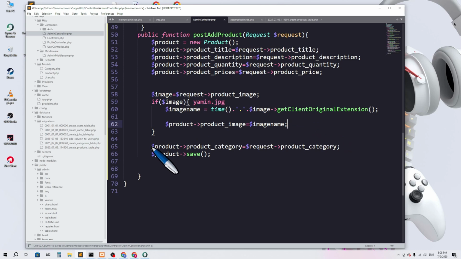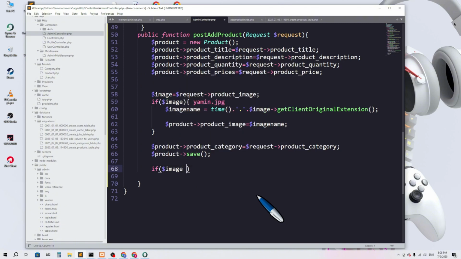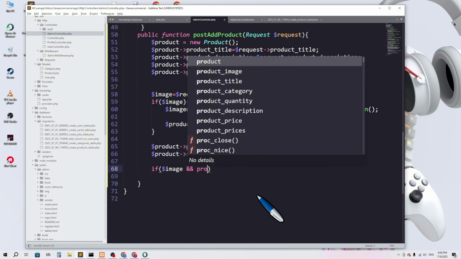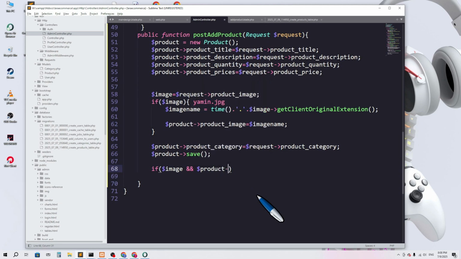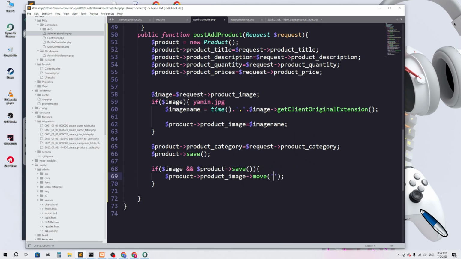Here you can see the product category we have added, and then we have saved it, right? And now I will add a condition that if the image is also added, and if the $product save is also done, if these two processes are done, then we'll move the file. So now I'm going to say move the file. We have a function, then our image column name, that is product image, then the arrow sign, then I will say the move function, and here we have to give two